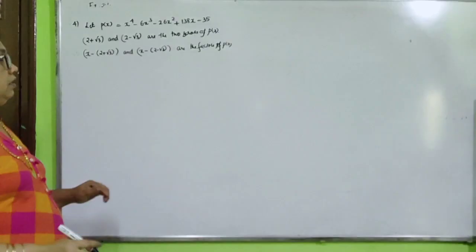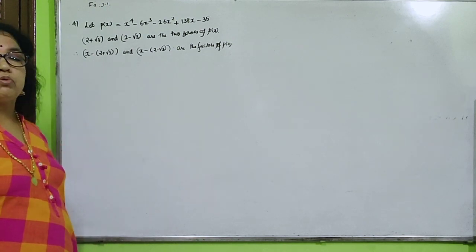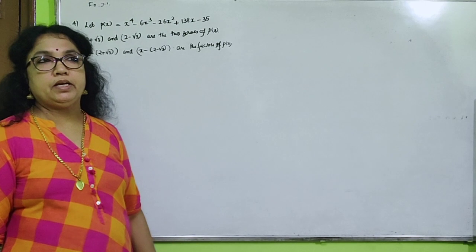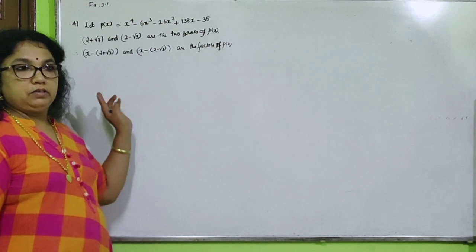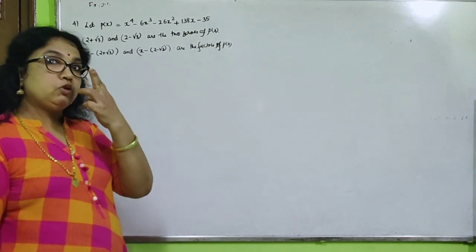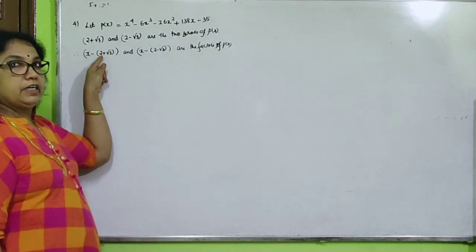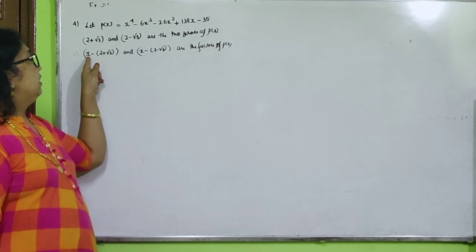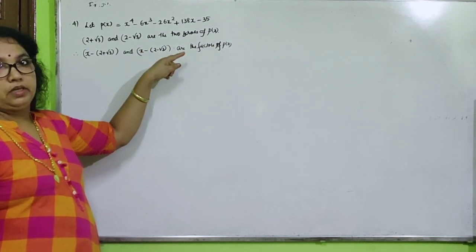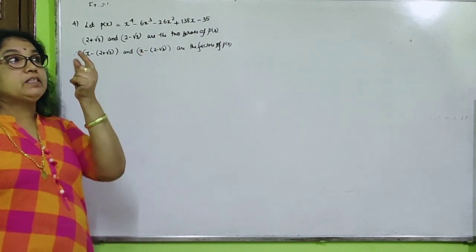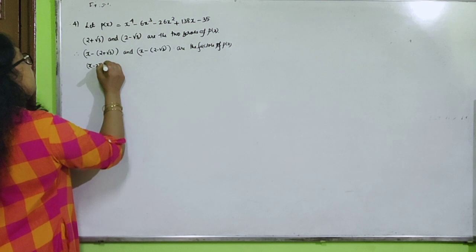Here look at the terms. In this type, if x minus root 2 and x plus root 2 are factors, coming in a square minus b square form, we multiply it. Here also, if like that you can make, three terms are given, whether you can make that with two terms or not, you have to check first. Look, this one will be x minus 2 minus root 3, and this term will be x minus 2 plus root 3. So the like term, which is x minus 2, will be the same. So you can write it like this: x minus 2 plus root 3.